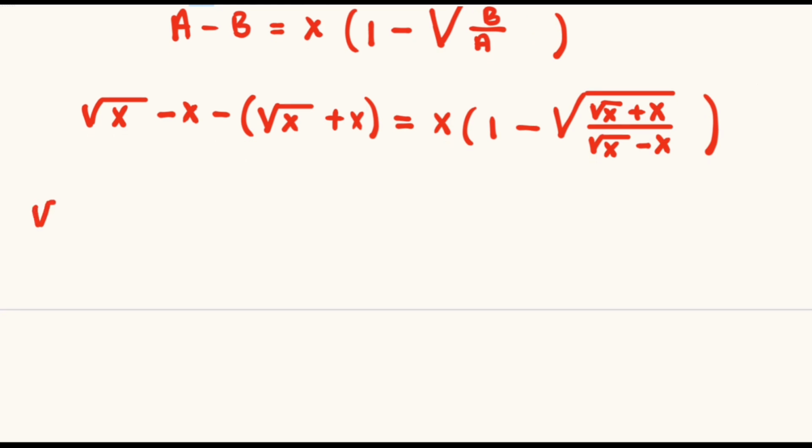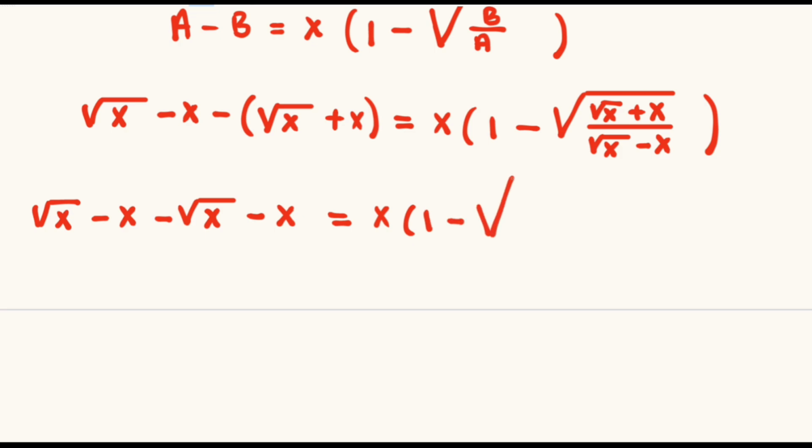We have the square root of x minus x, minus, we distribute the negative sign, and we have negative the square root of x minus x, and this is equal to x times 1 minus the square root of the square root of x plus x